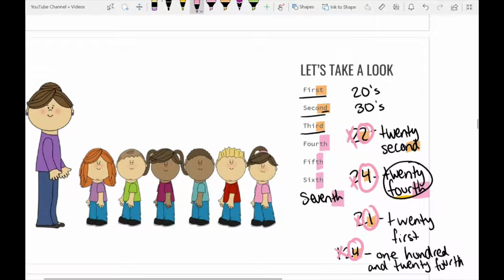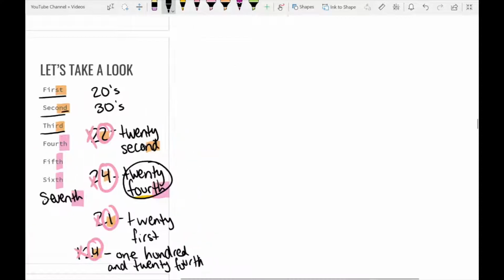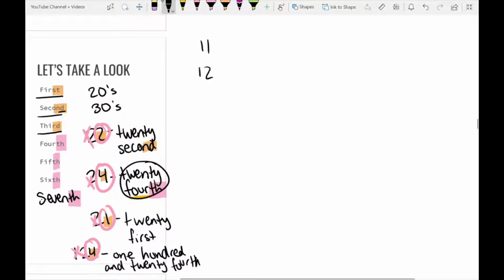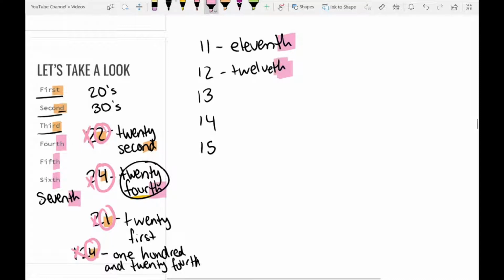Now, let's take a look at these crazy numbers right here. Let's just move this over. Okay, so 11, 12, 13, 14, 15. We can go on, but let's take a look at the first few. So these ones do not follow. You would think that this would be the 11st. You would be incorrect. This one would be the 11th. We had that TH right at the end there, the 12th, right there, right? Excuse my spelling, sometimes I might throw in an extra E. The 13th,